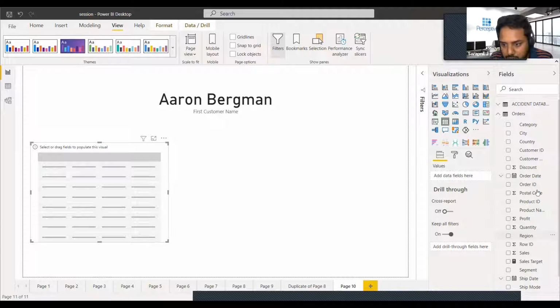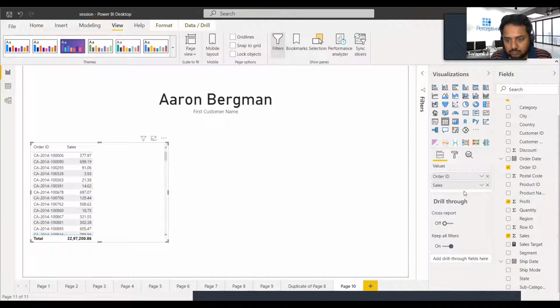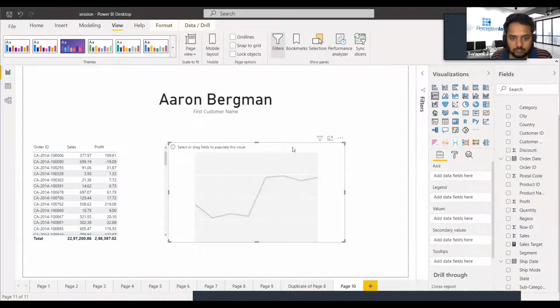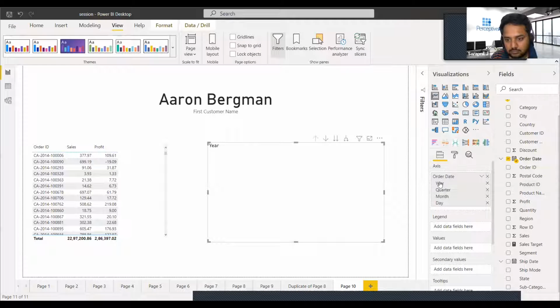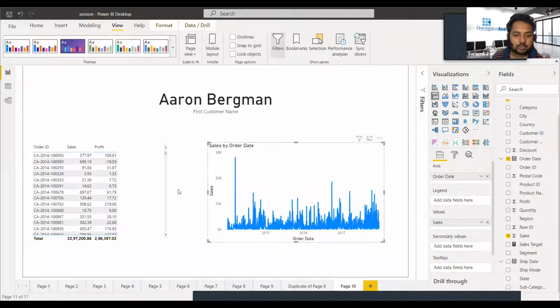Order ID. Okay, so we have this, and we want this page to be showing customer details.